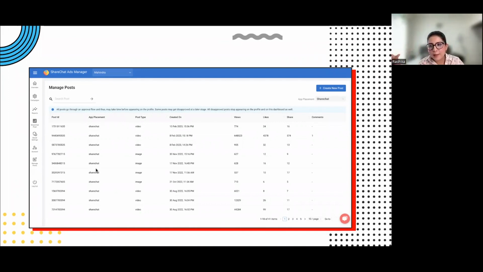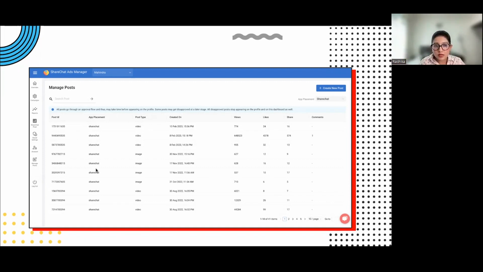The gap in between is what our systems and our teams take to ensure that all of the posts are brand safe and compliant with our regulatory policies on the app in terms of content and acceptability. And this is applicable to all posts, not just ad campaigns. So I just wanted to let you know that.